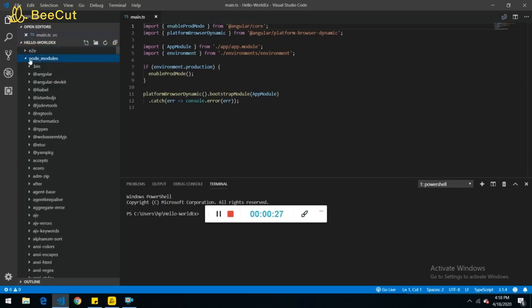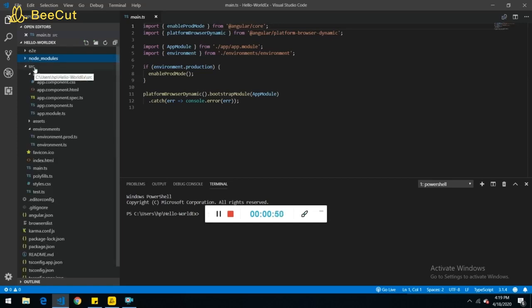Next is our node_modules folder. Basically, node_modules is nothing but a set of libraries downloaded from npm. This folder is purely for development. When we compile our code, the parts of the third party libraries are put in a bundle and deployed in our application, but we will never deploy node_modules.